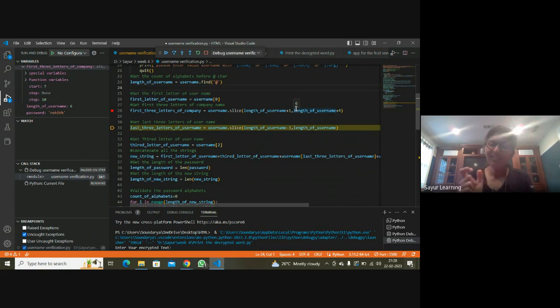You can shorten the names. You can keep short names. Instead of company, you can say COM or something. Instead of letters, LTR. So try to avoid the underscore for everything. Instead, use a capital letter. That's something called camel case. Try to use camel case. I think we should have a class on just that.